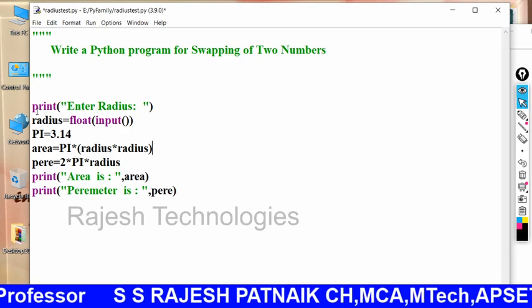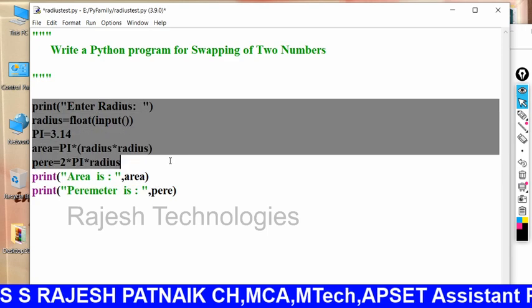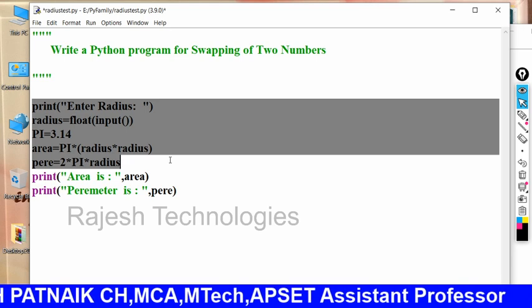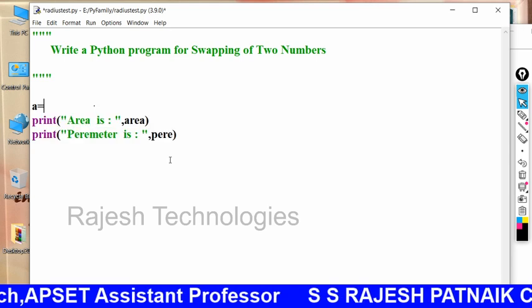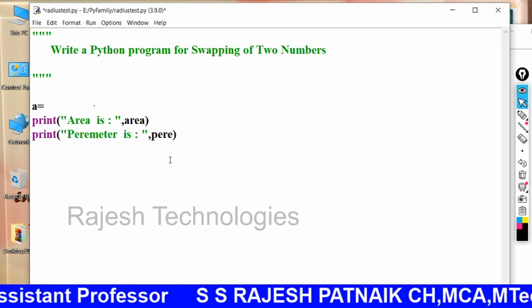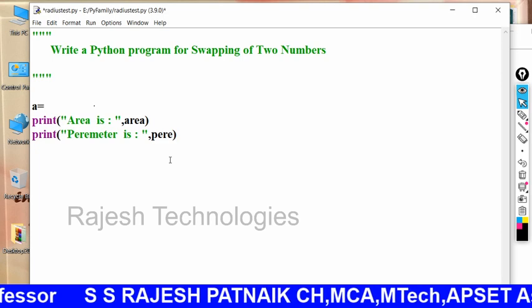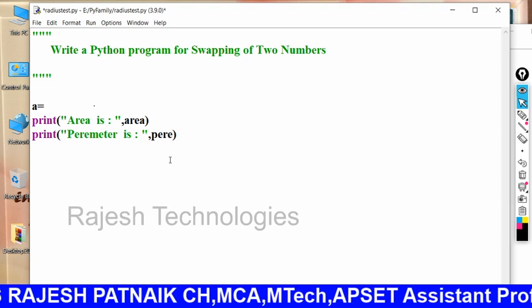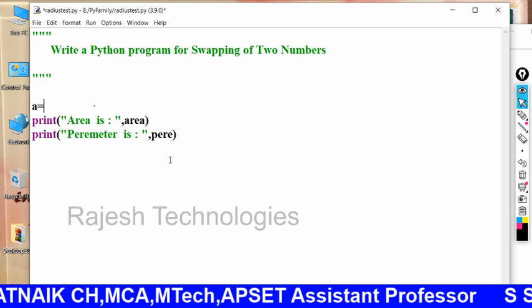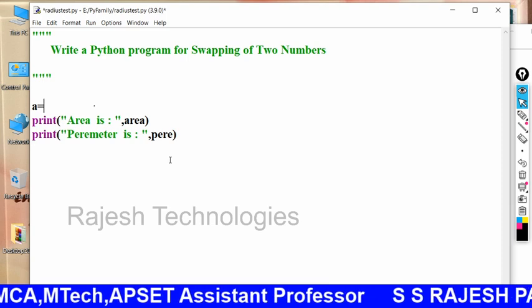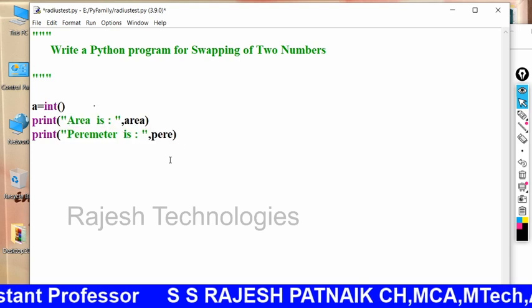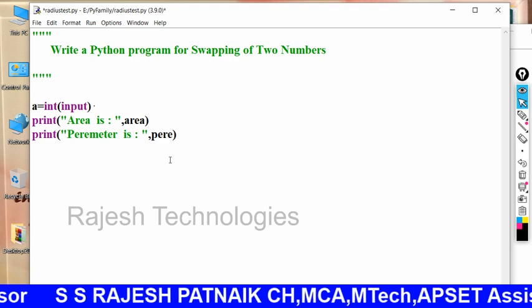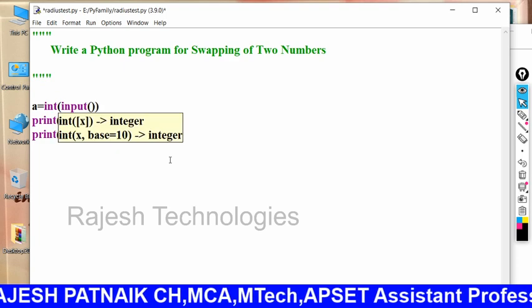Yes, you can write A equals to B directly, but let me see, in int of input I am taking, and using third variable I tell first